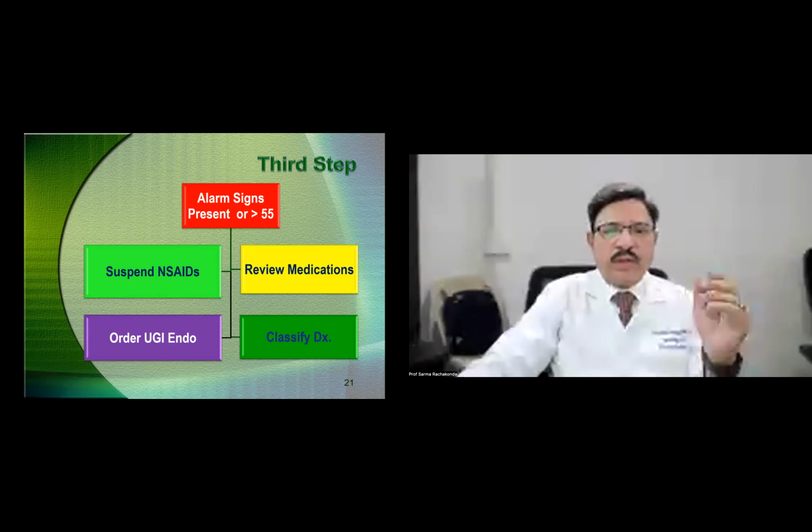Usually endoscopic reports are not written in the format in which we want. They will say there is gastritis, pangastritis, there is no mucosal thickening, all those descriptive ways they will write. But you have to ask the endoscopist to classify the dyspepsia into the following categories as per the international guideline. Go back to him, sir, you have written this report. Does it fit into any one of these categories? What are those categories? And let them have a practice of doing that.